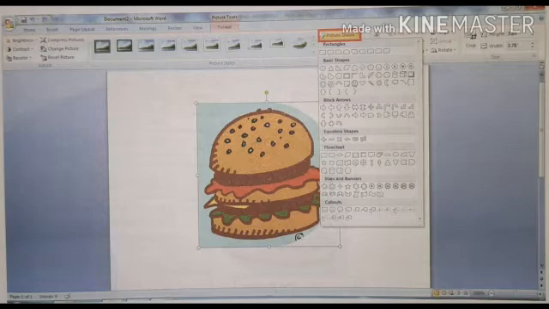So the picture tool ribbon will appear. Then after the picture style, there is a button, picture shape. So we'll click on the picture shape and a drop down menu will appear. So there are different types of shapes. Whichever shape we want to give to the picture, we'll just click on the shape and our picture will look like that particular shape.